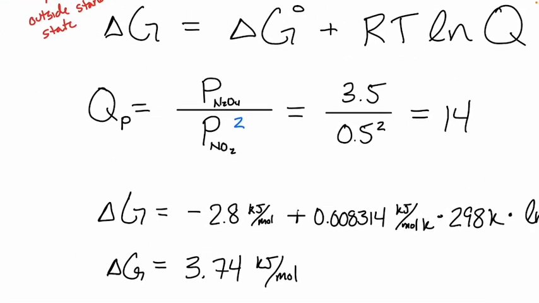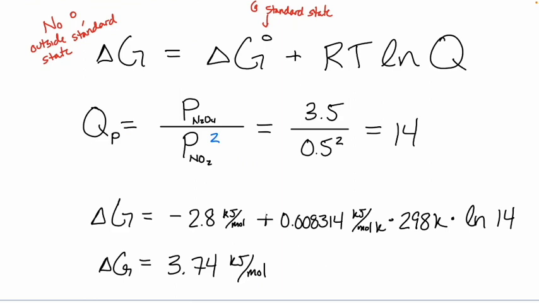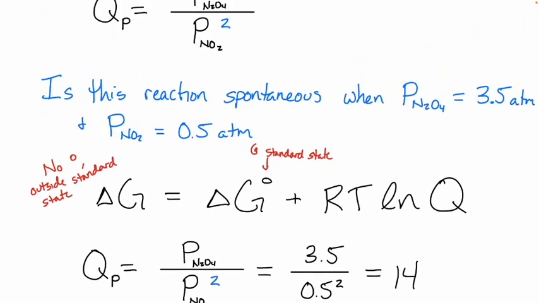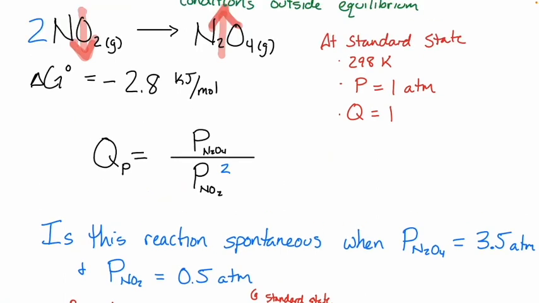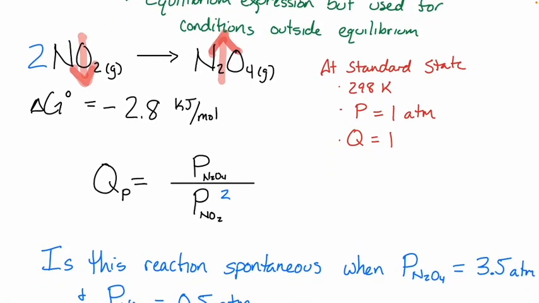Okay, so is this reaction going to be spontaneous or non-spontaneous under these conditions? So this would be non-spontaneous. Right? This thing was already pretty close to equilibrium at a pressure of 1 atm for each gas, right? We had a relatively modest delta G, gave us a relatively modest KEQ value. So when we increased our products and decreased our reactants, right, according to Le Chatelier's principle, that should shift things towards our reactant side. And indeed, we shifted it so much towards our reactant side that now our reaction is